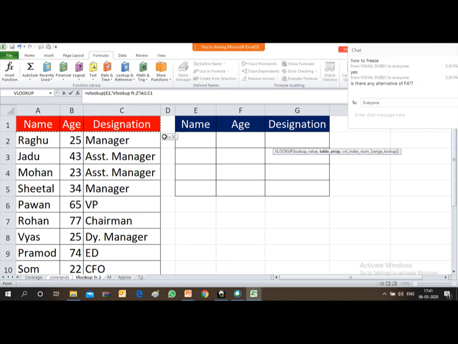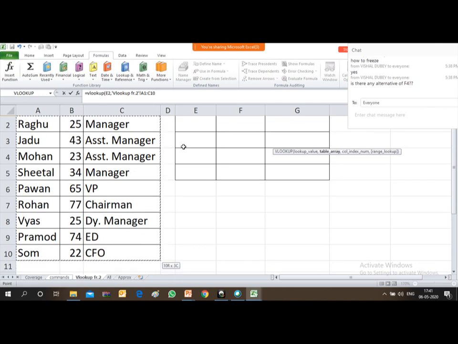You just have to concentrate on this small box. What is the number of the column for which you want to derive the value? Now I am selecting the entire area, and the designation was appearing in the third column. Here again you will see in the box column number 3 is automatically coming.